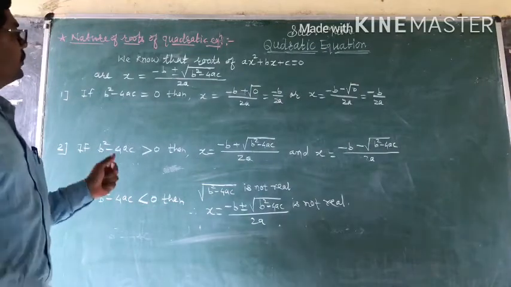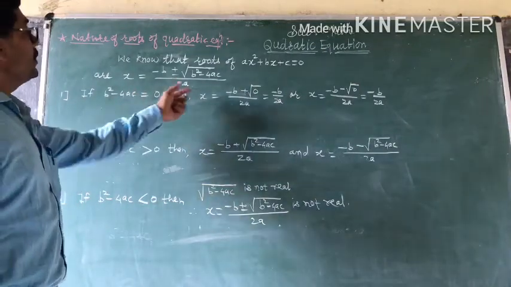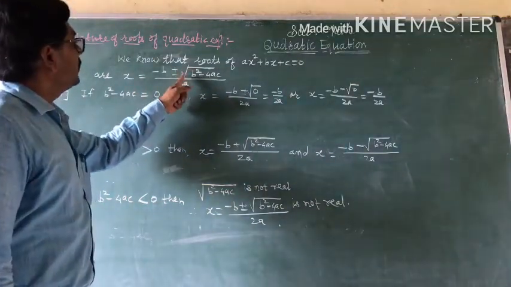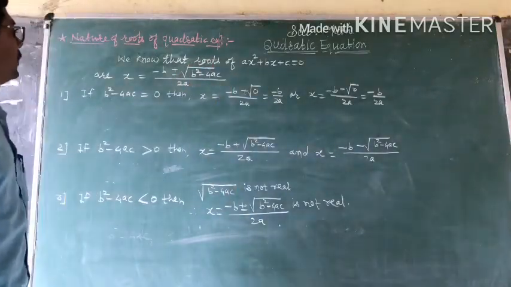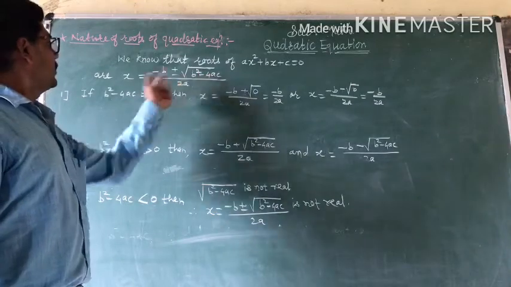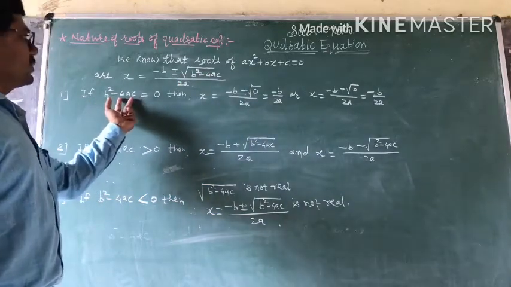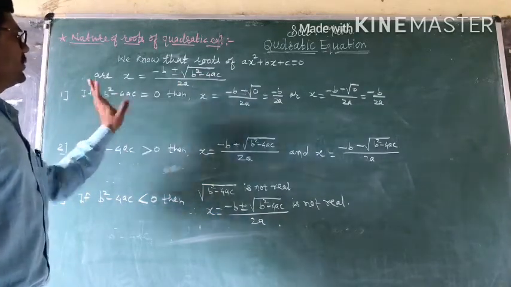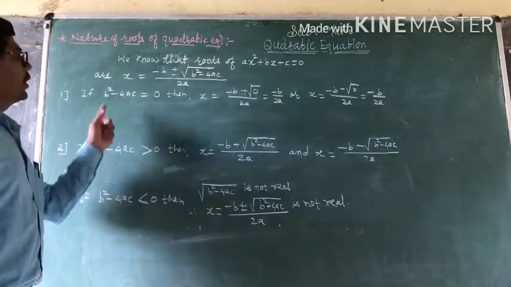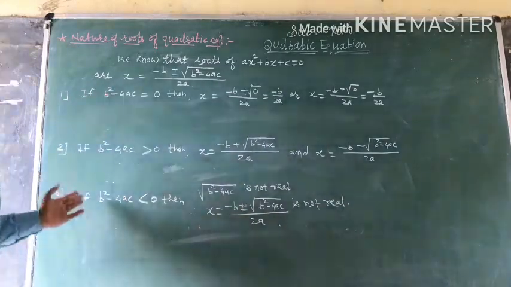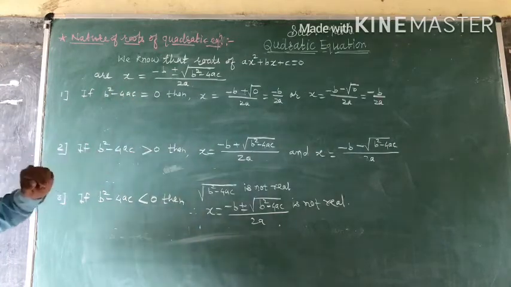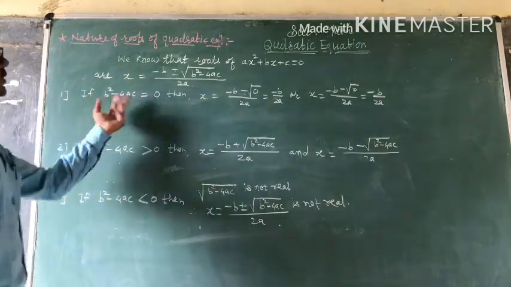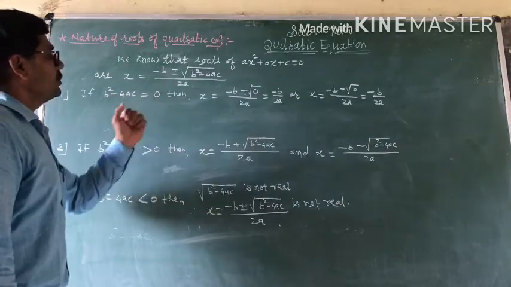The nature of roots of a quadratic equation depends upon this value, b² - 4ac. There are three conditions: b² - 4ac is equal to 0, greater than 0, and less than 0. What happens? See, if b² - 4ac is equal to 0, then